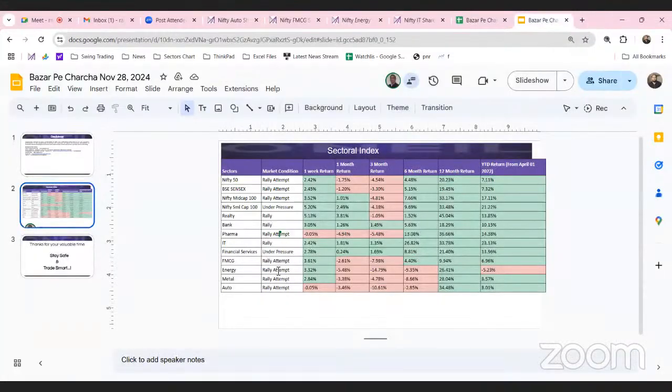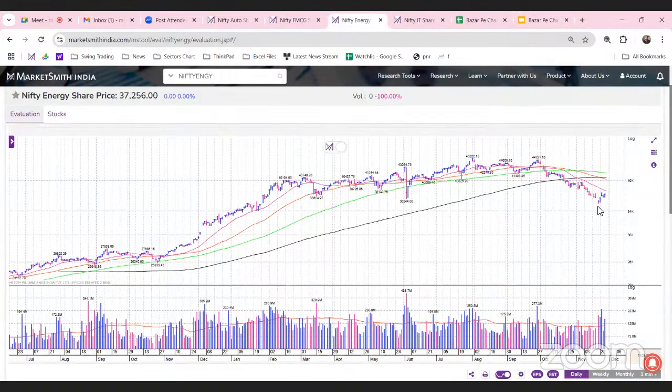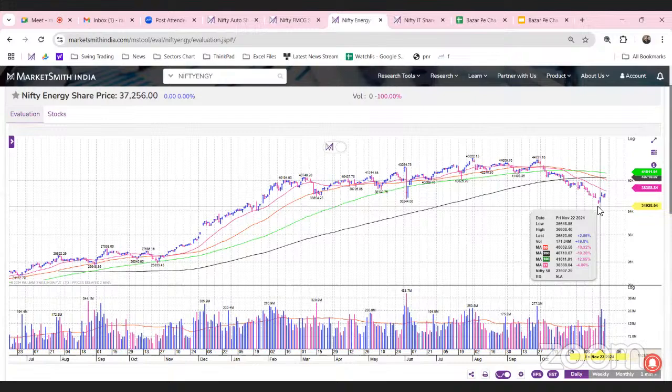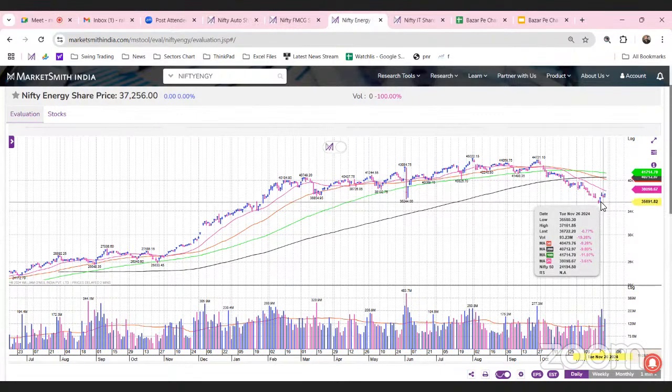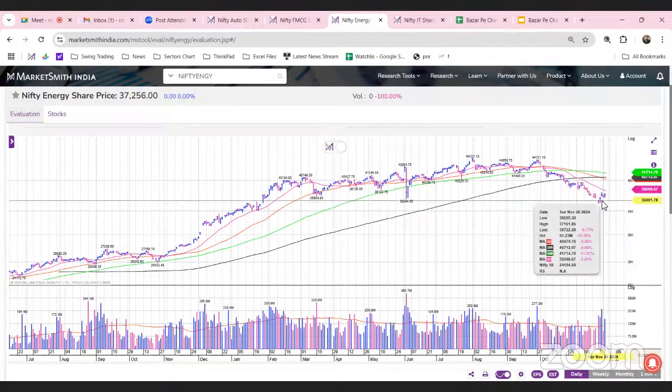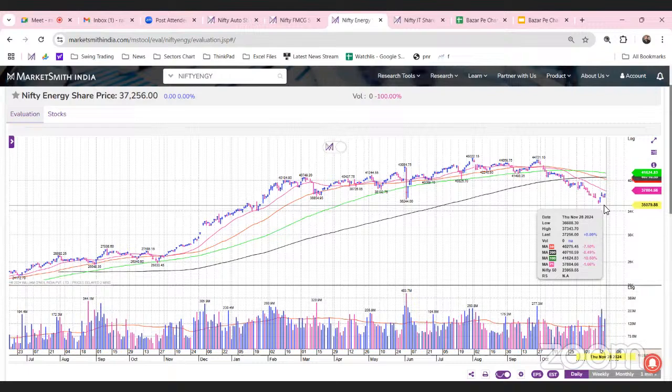Nifty Energy is also in the rally attempt. So same case with the Nifty Energy. One day on 22nd of November, the index has closed on the positive note, and after that, it has not breached its recent low that was there in the correction phase. So we have moved the index to the rally attempt because on the third day, the index has not breached its recent low. So after that, let's see how the index behaves, because the index is facing some sort of